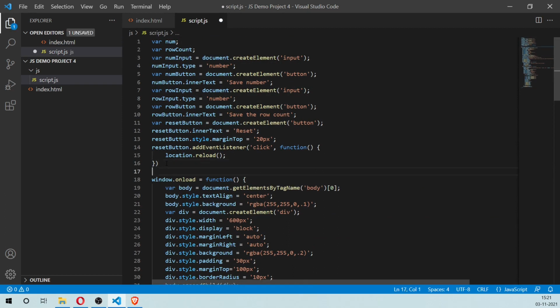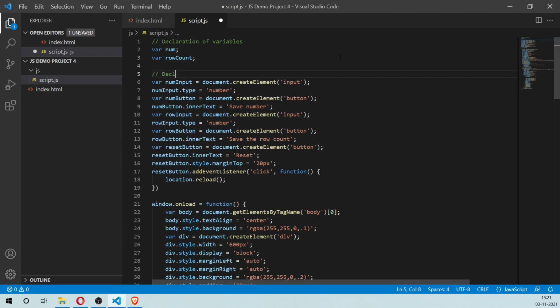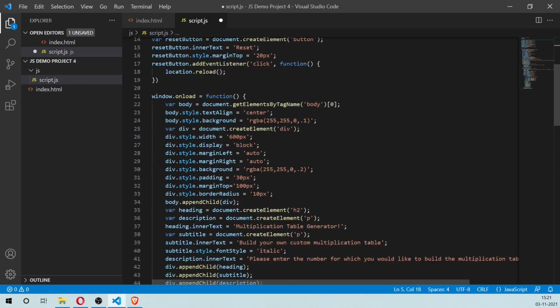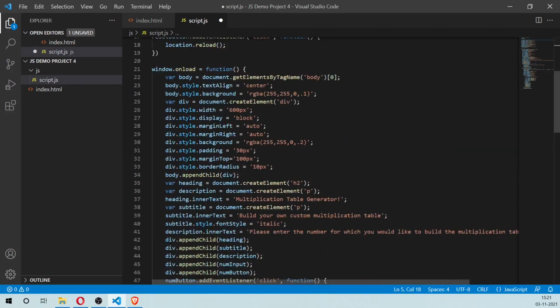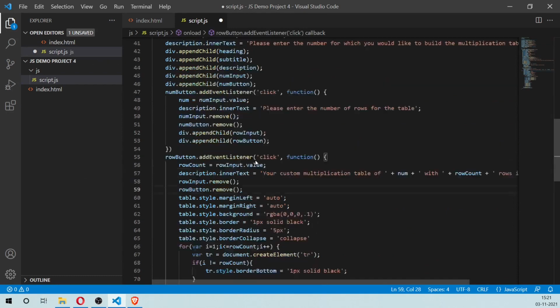If you want, you can actually add some comments to say that this is just declaration of variables and initialization of elements. And you can also go ahead and move the creation of the table and all of that stuff over there, to make sure that everything is in one place.